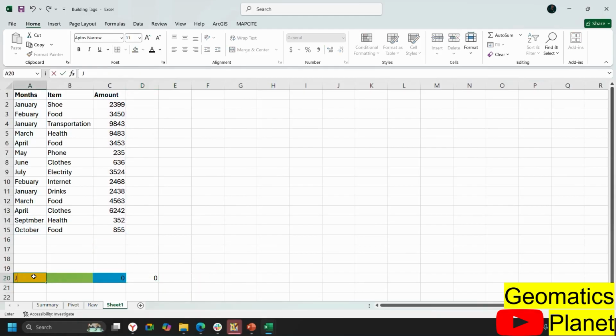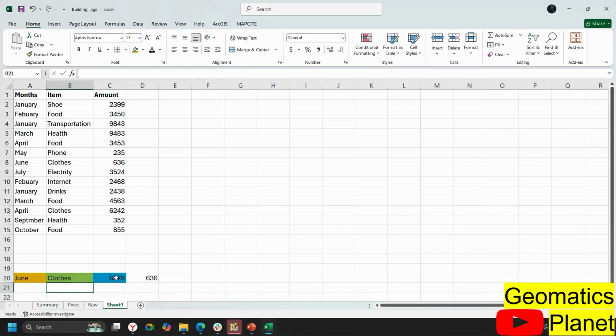So if I want to know how much I spent in January, I can type January here and press enter, and that gives me the total amount I spent in January. If I go to April and type it here, you can see I did not have April here, so there is an issue with what I typed, and that's why you're having the 0. So let's go to March. Then you can see now that I have March here. Let's go to June, and I can type June here and press enter. You can see that in June we have only clothes here. So if I go here and type clothes,